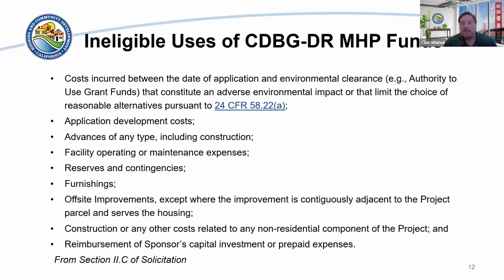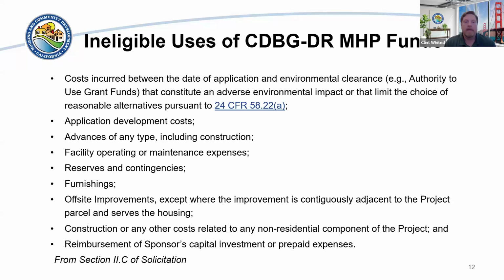On the flip side, ineligible uses of CDBG-DR MHP funds under the DR Excel program include costs incurred between the date of application and environmental clearance when the authority to use grant funds is issued, that constitute an adverse environmental impact or that limit the choice of reasonable alternatives pursuant to 24 CFR Part 58,